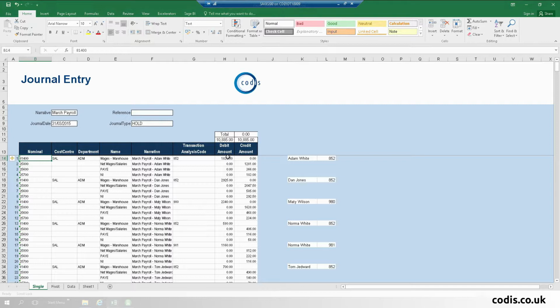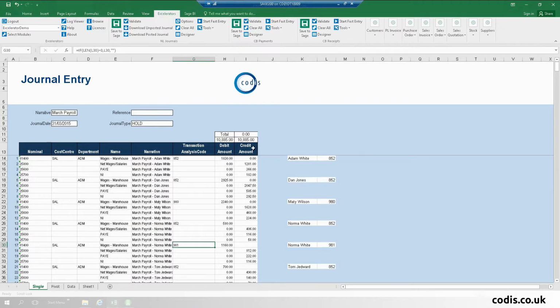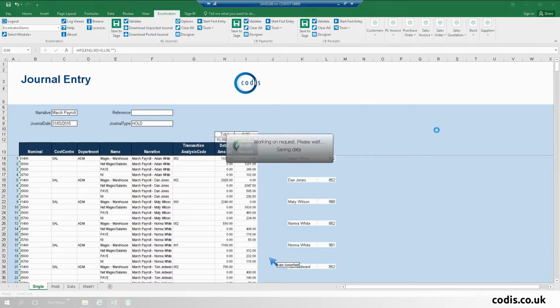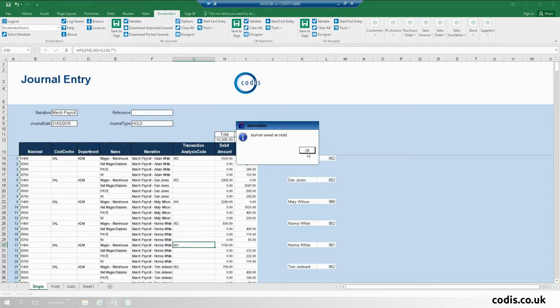So it's ready to post, and you can see that it has different job numbers, so it's broken down by job number. Now the example I'm using at the moment is a time management system. Obviously there are many other ways that data can be pushed into Excel from third-party products, but I think this is a good example, and it's one that we have encountered in the past. So I click Save to Sage, and it's saved that journal off as a held journal on this occasion. So I close down